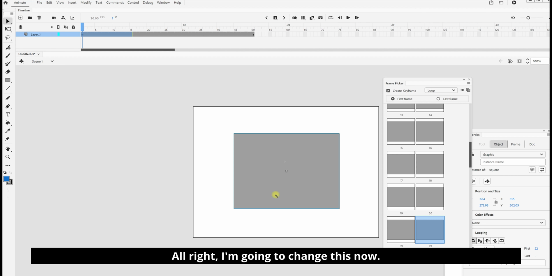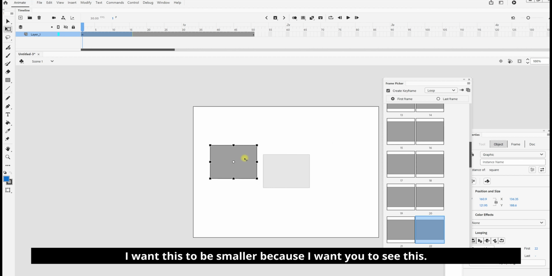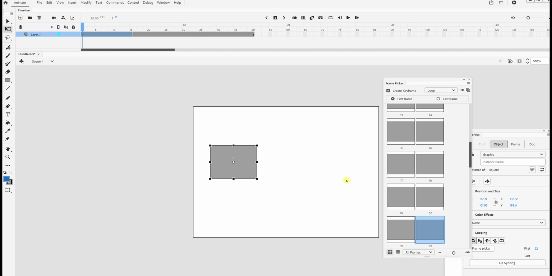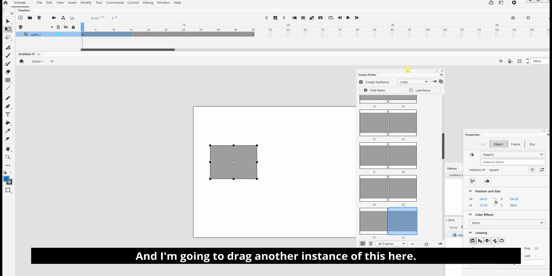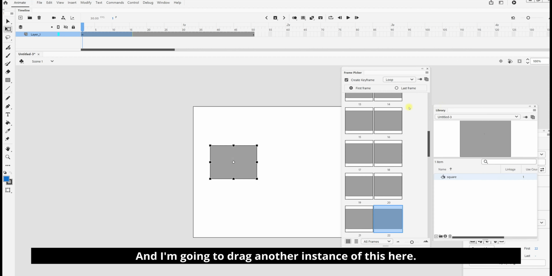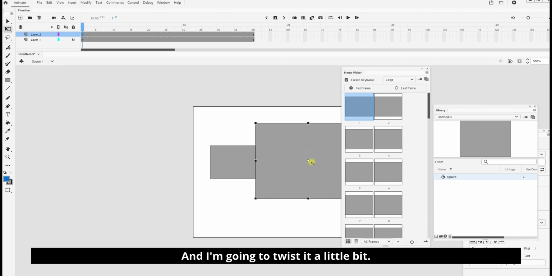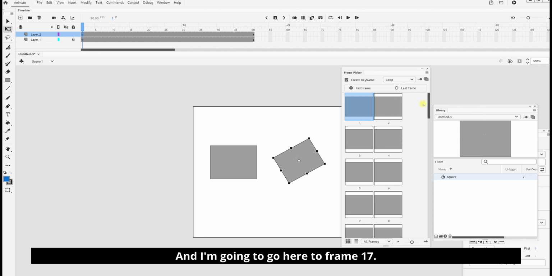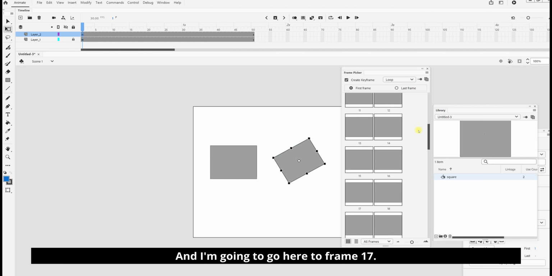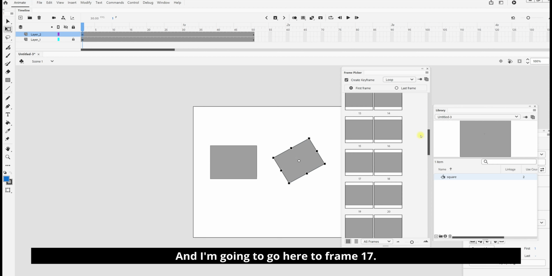All right, I'm going to change this now. Hit the Q key. I want this to be smaller because I want you to see this. And I'm going to drag another instance of this here. Lock this layer. And I'm going to twist it a little bit. And I'm going to go here to frame